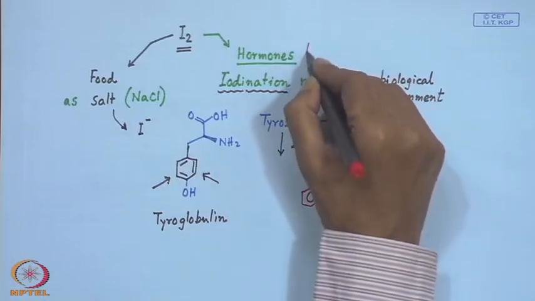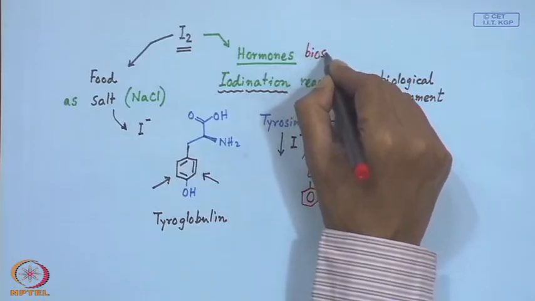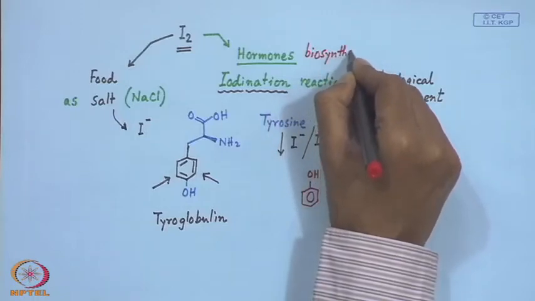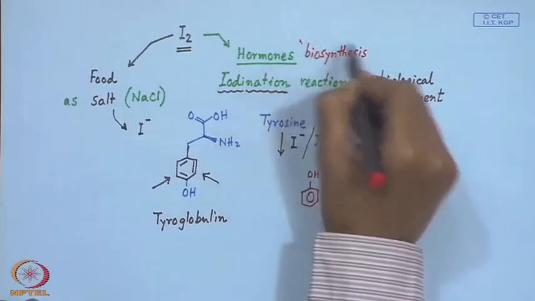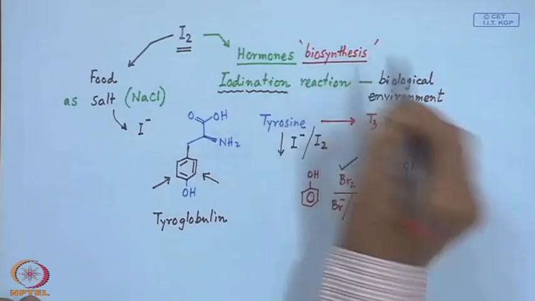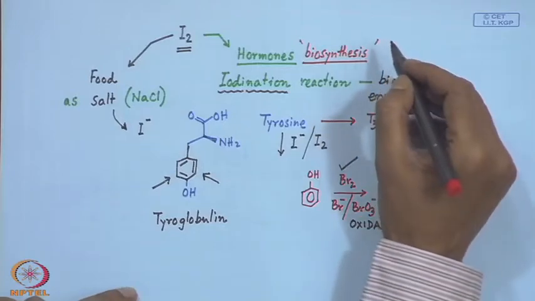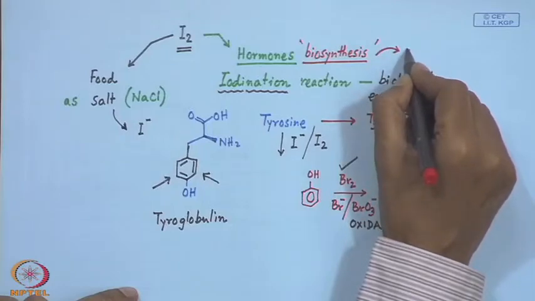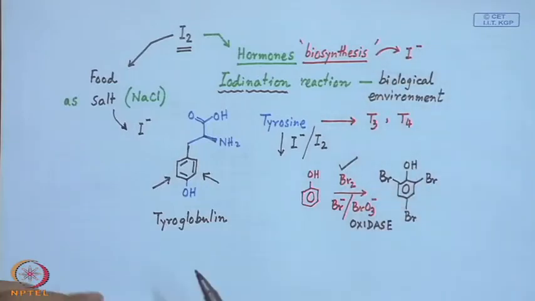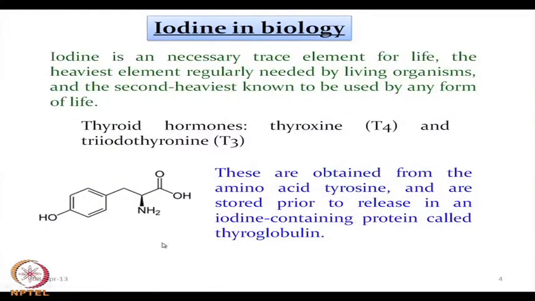So, this hormone biosynthesis is therefore important. This hormone biosynthesis, the formation of T3 and T4, is basically dependent on the corresponding concentration of I minus or the I2 molecule. So, the iodine containing protein thyroglobulin basically stores the corresponding iodinated form of